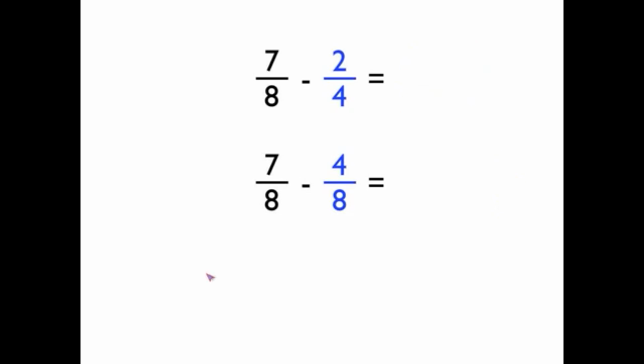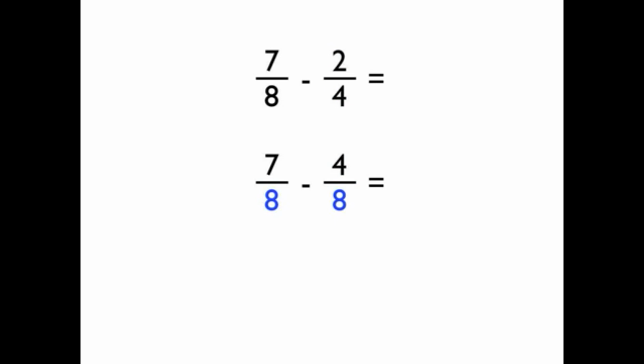Okay, a look at how subtraction works now. 7/8 take away 2 quarters. What I've done here is I'm trying to work towards rewriting the fraction sum where the denominators are the same. So what I've done is I've found an equivalent fraction to 2 quarters, which is 4/8. And now that I've got that far, I've rewritten the fraction sum,